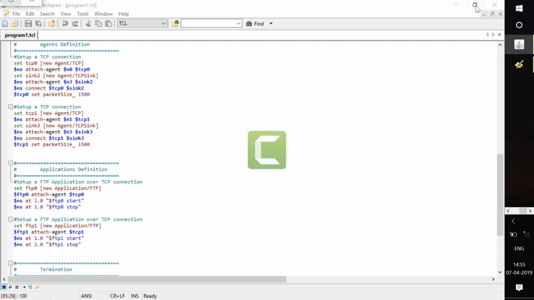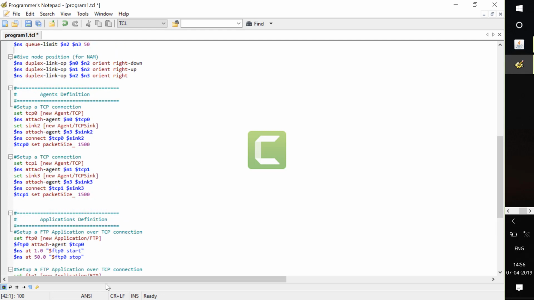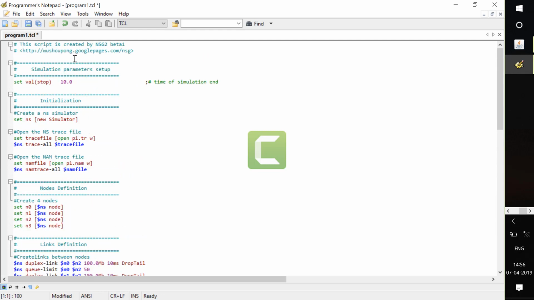As you know, we have created two sources. You need to assign a time for when to start the packet generation and when to stop. I'll give times like 1 to 50, and 55 to 99. So 1 is nothing but 1 second. For source 1 I am giving a time from 1 to 50 seconds, then for source 2 a time of 55 to 99 seconds. This is the packet generation time, and I will make the simulation stop at 100 seconds.